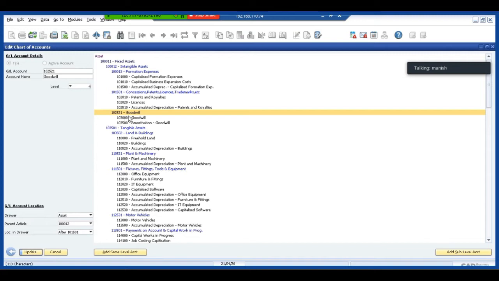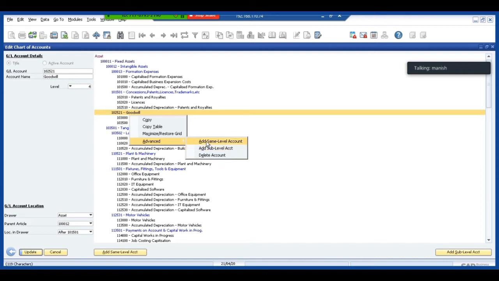Similarly, if I wanted to add an account, the same way I'll right click on the account, advanced, and if I wanted to add an account on the same level, say I've selected the goodwill, I wanted to add an account at the same level as the goodwill, I use add account at same level.